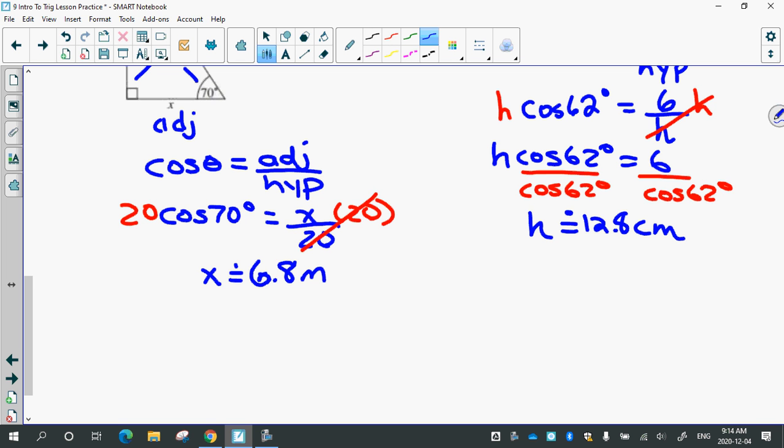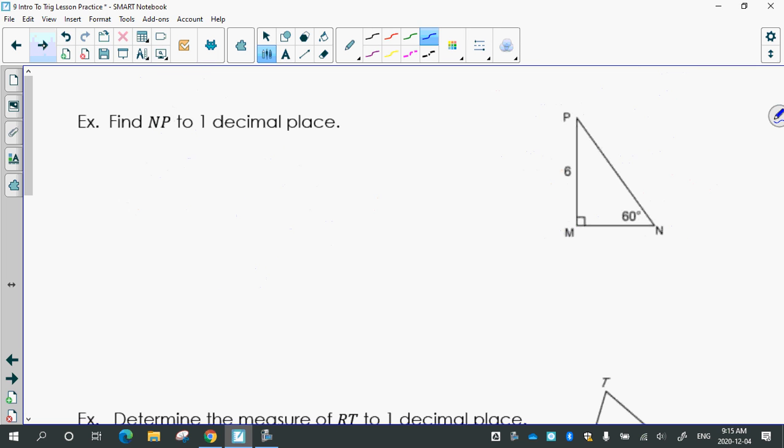Okay, so that's the main idea for finding sides. Be able to name the sides, pick the formula, and then solve for the variable, whether it's in the numerator or the denominator. Okay, find NP to 1 decimal place. NP, does everyone agree it's this side? Okay, so